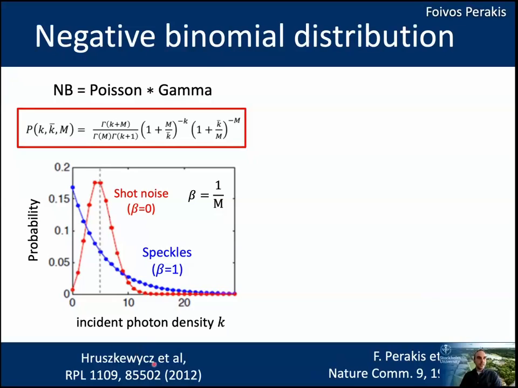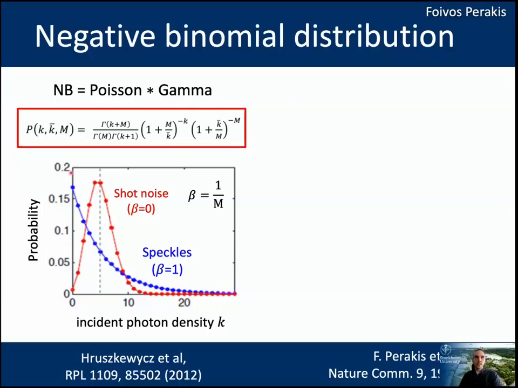This paper here, a PRL from 2012, showed that it is possible to distinguish between shot noise and speckles. The method used there was what's called the negative binomial distribution. Mathematically, it's a convolution of a Poisson distribution, shown here in red, which essentially mimics the shot noise, the quantum noise from reading out the single photons, with a gamma distribution that is essentially modeling the speckle